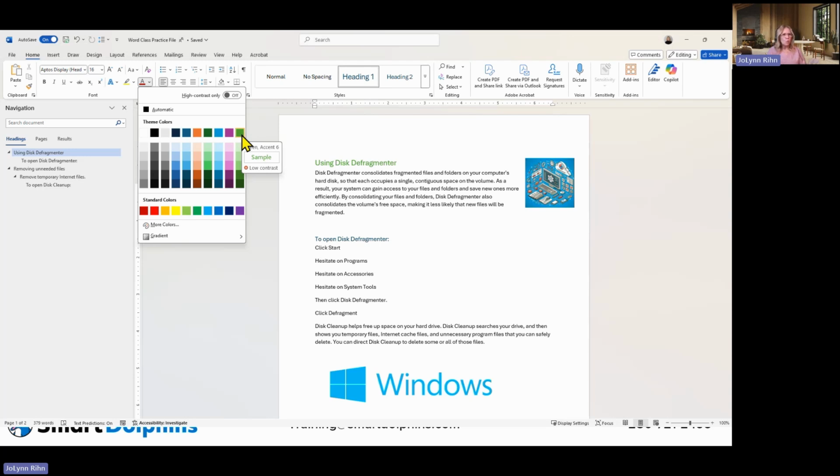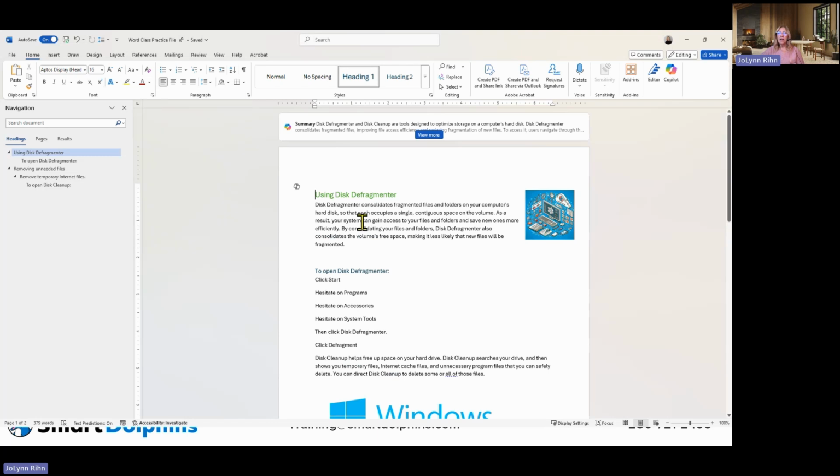But what if I don't want it to be green, blue, purple, whatever? What if I want it to be just a standard black font? I like everything else, but I want this heading 1 to be a black font. And what if I wanted to have a bottom border going across? I can change it and tell the computer to update it everywhere in the document. So if I like parts of it, but I want to add a special element, I want to change the paragraph formatting, the paragraph alignment, or change it to being double spaced instead of single spaced,